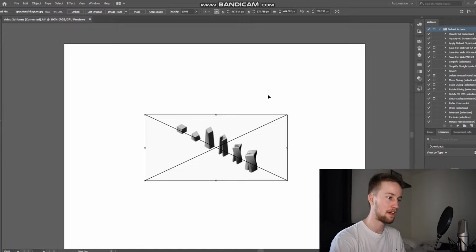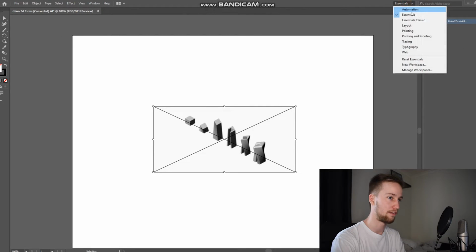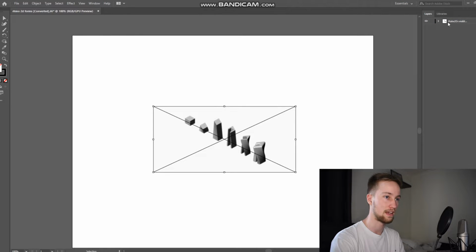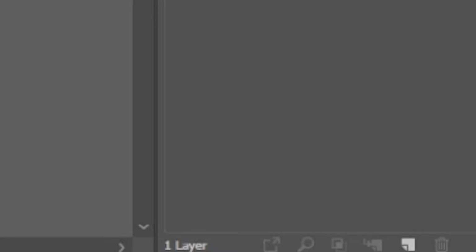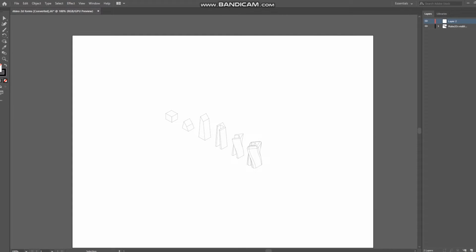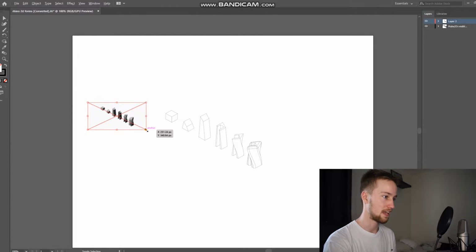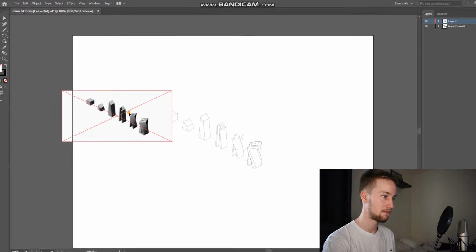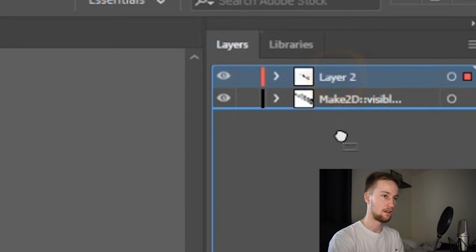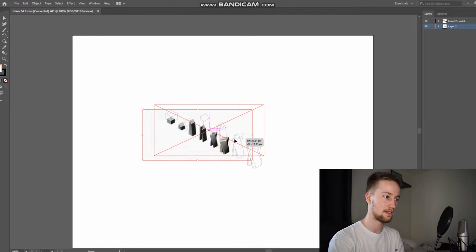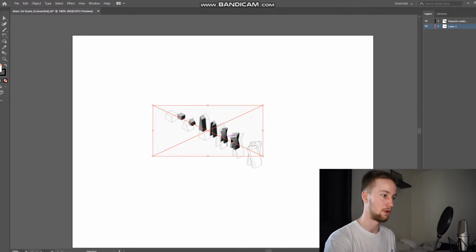Cool, so now that we've got that on there, we can bring up the layer panel. So I've just changed the layout of my workflow from automation to essentials. So I've got the layers panel here, and we're going to make sure that we add a new layer before we add that other one. So I'm just going to drag that one back in after I create a new layer. I'm going to scale this up a little bit. And then I'm just going to put this new shadow file underneath the line work we've got so that it